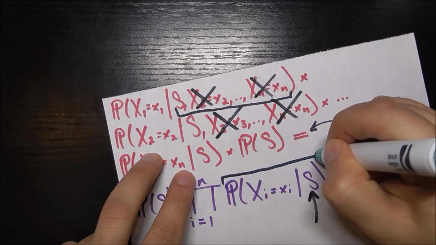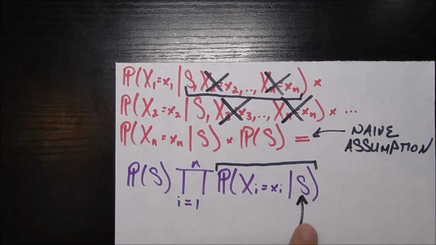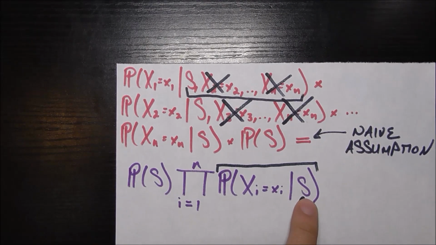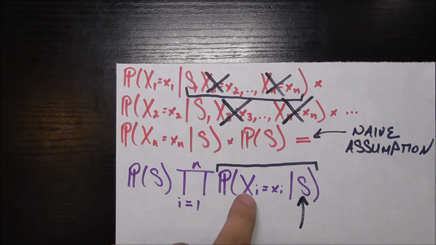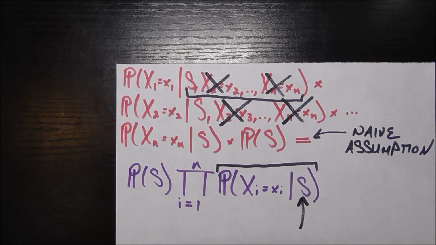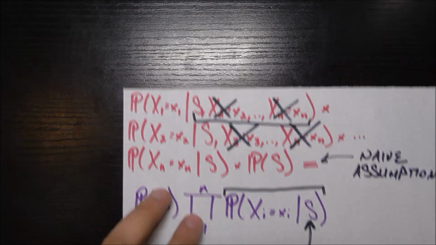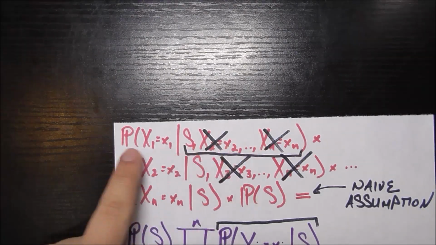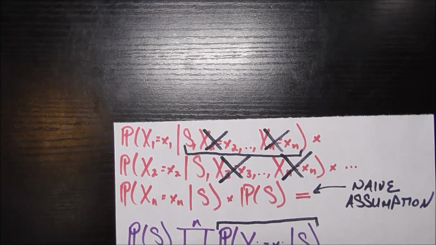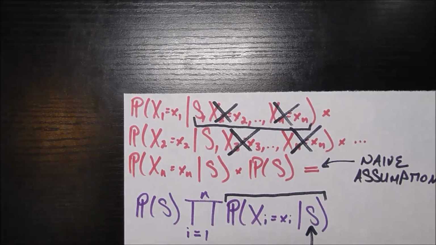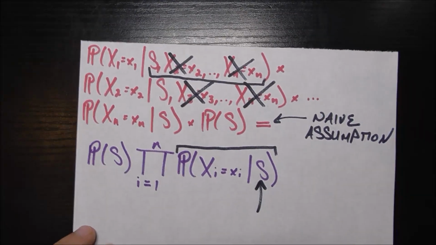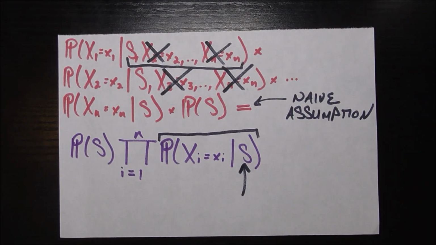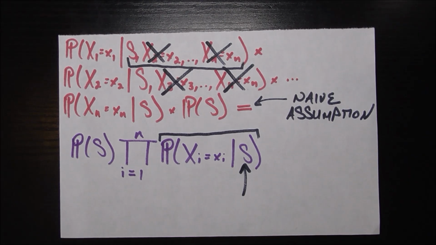And these I probably have data for. Because I just take all my salmon and I figure out how many fall into any one of these categories right here. Whereas I might not have data for something so specific as each of these terms that I need to multiply. That's why we use the naive assumption. It saves us some computational time. It makes sure that we have potentially some examples to draw from. And as we saw in our